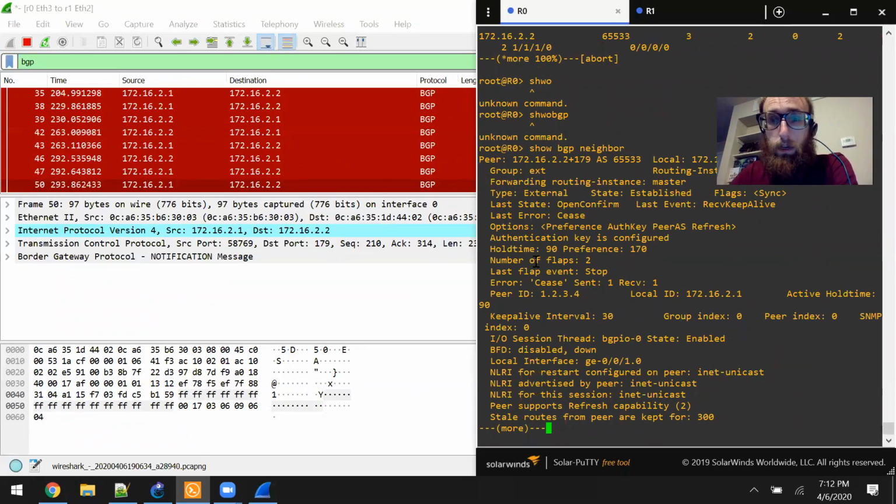Just because it happens in milliseconds doesn't mean that it doesn't happen. You can see here when I do show BGP neighbor, the state is established now, but the last state was open confirm, not open sent, because when it transitions from open sent to established, this is just milliseconds. It's so fast that you can't even see it when you do the show command. So don't forget about this last state, but the process it goes through is active, connect, open sent, open confirm,